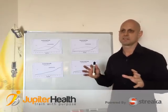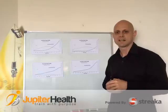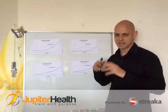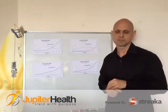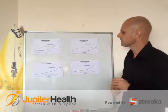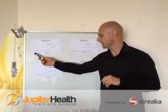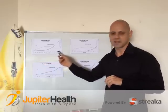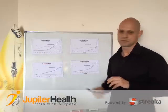I guess the body burns fuel very similar to a car. As you put your foot on the accelerator in the car, you let more fuel into the engine, burn more fuel, so the car produces more power and goes faster. And that's really the same with the body. Basically, you have increasing power represented by increasing heart rate along the bottom here, plus the amount of fat and carbohydrate that you're